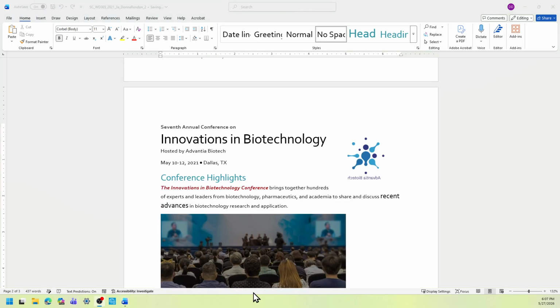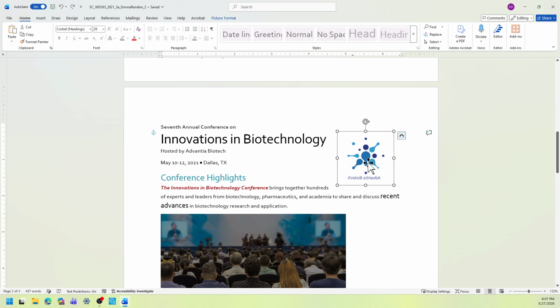So now we are on page 2, and then we're going to flip the picture, which is here. You need to select the picture, and then you see this picture format shows up. So if I move away from that, then the format tab goes away.